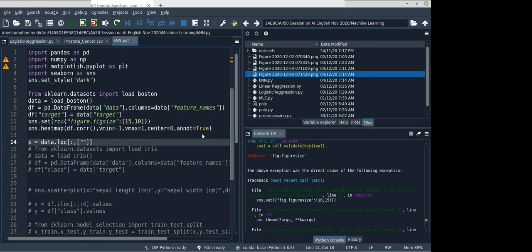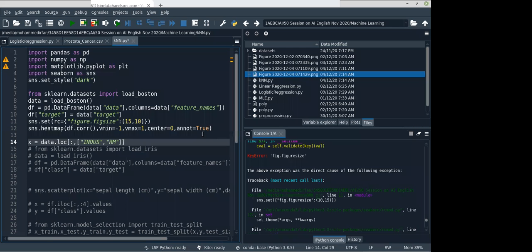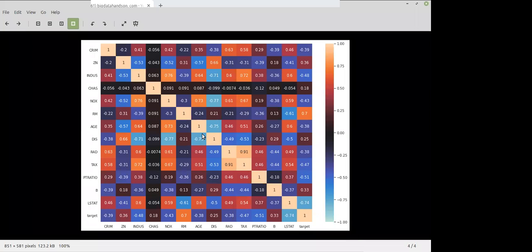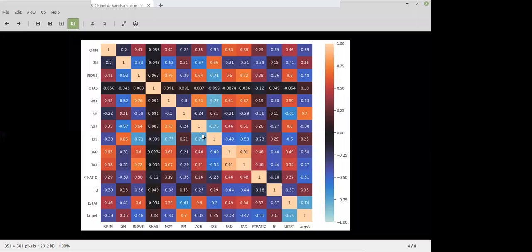The first one is INDUS, and the next one is RM, and then PT ratio and LSTAT, right?